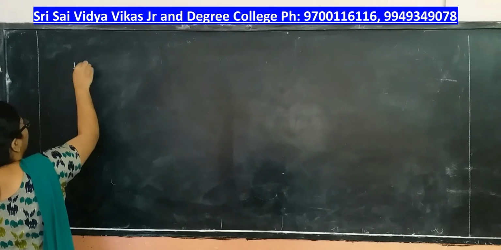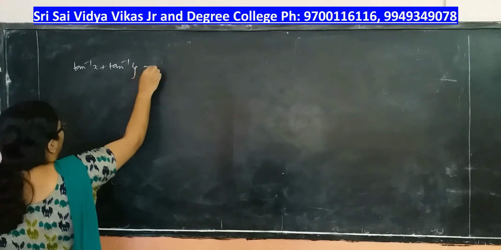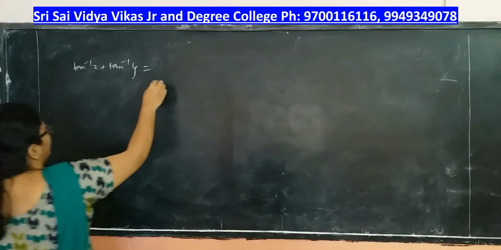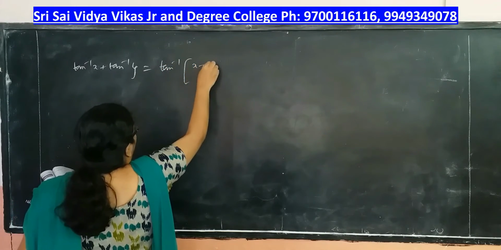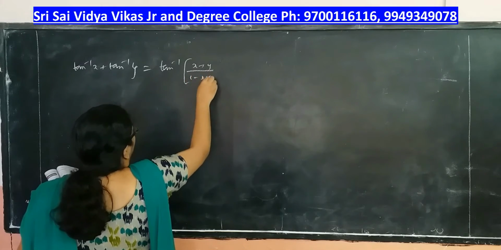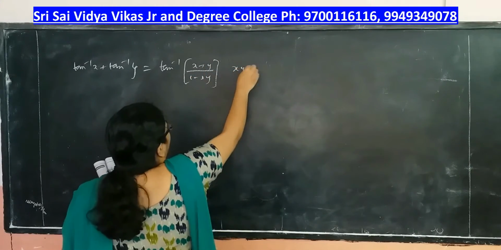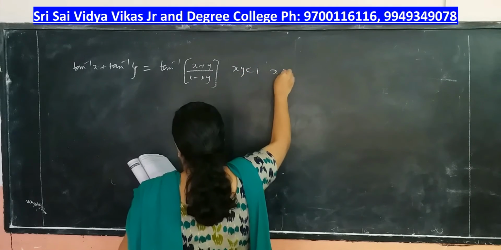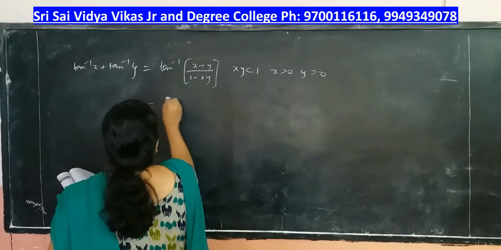Tan inverse x plus tan inverse y is equal to tan inverse of x plus y by 1 minus xy, if xy is less than 1, x is greater than 0, y is greater than 0. It is equal to pi by 2